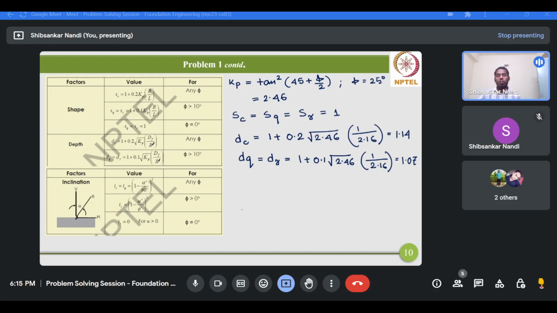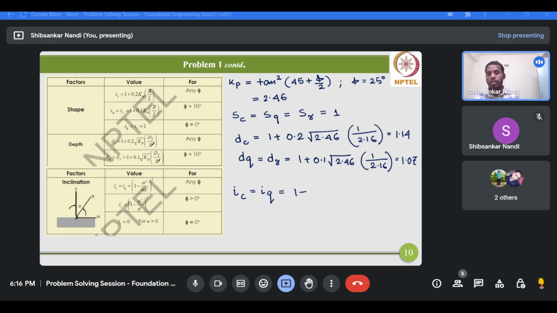Okay, now the next factors are IC, IQ, I gamma. So IC and IQ both are equal, and it's having a value of 1 minus, okay, this alpha parameter